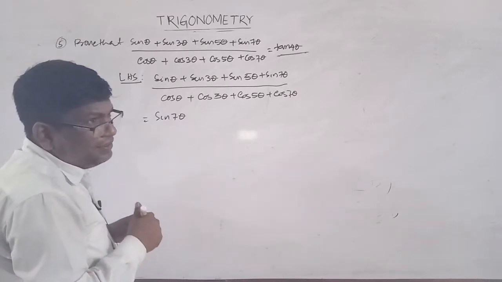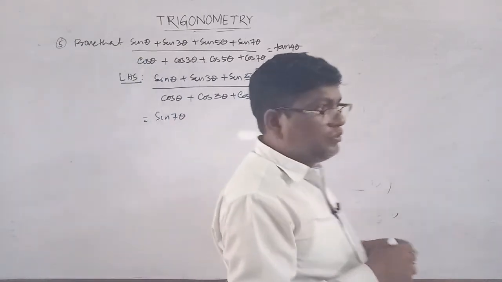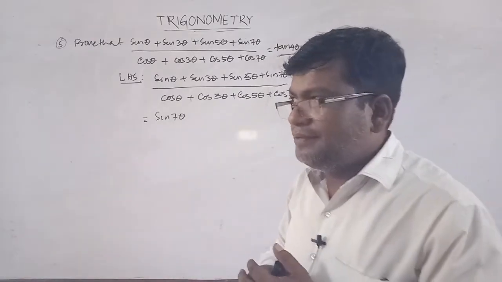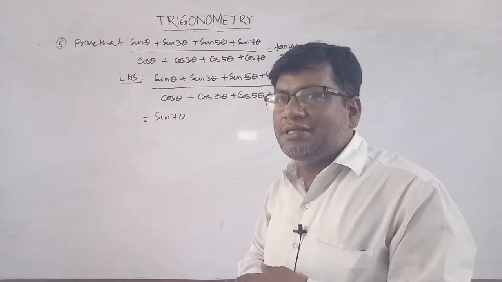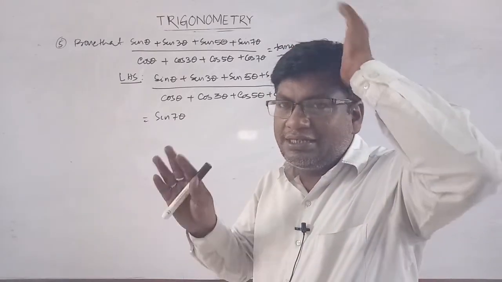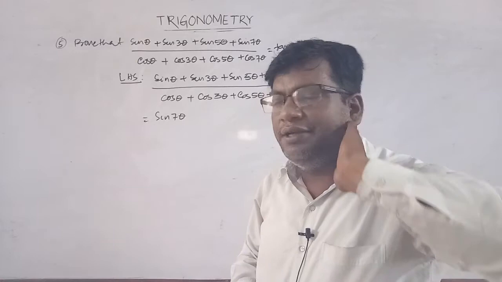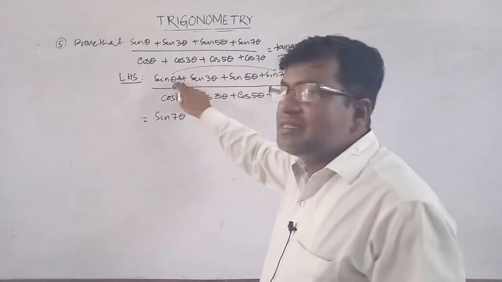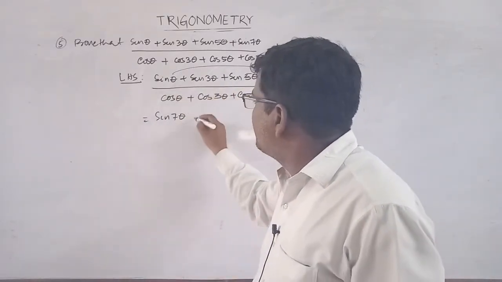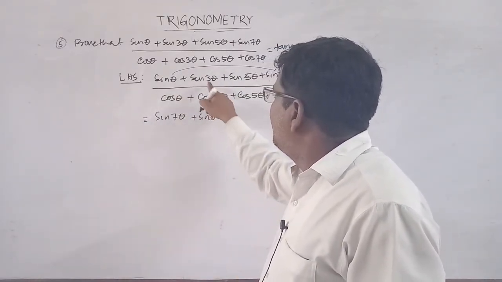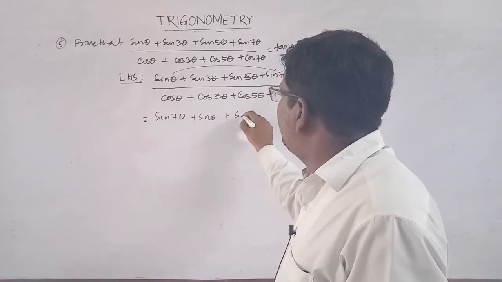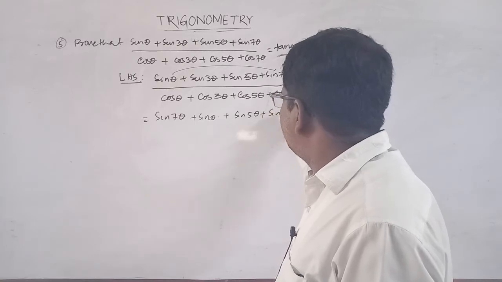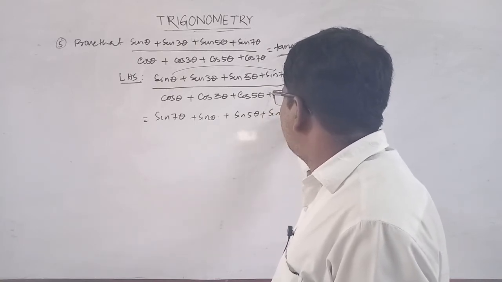Sin C plus sin D. If you want to apply the sin C plus sin D formula, then write the larger angle first. So take the larger angle as C and the smaller angle as D. And arrange this first and last. So sin 7 theta plus sin theta. Again plus sin 5 theta, sin 3 theta. Similar arrangement